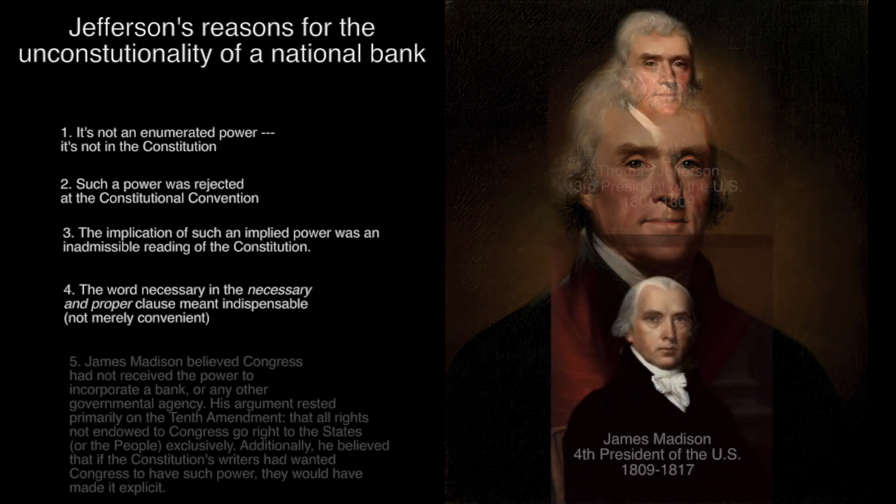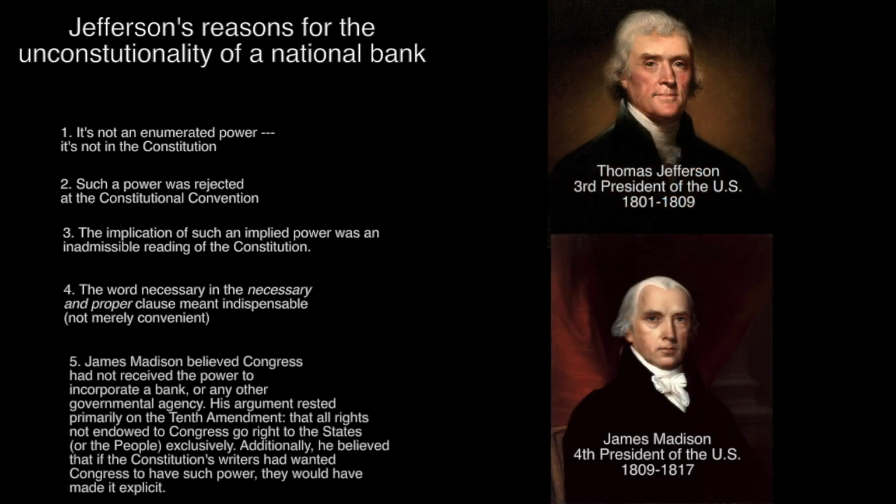Fifth, another argument came from James Madison, who believed Congress had not received the power to incorporate a bank or any other governmental agency. His argument rested primarily on the 10th Amendment, that all rights not endowed to Congress go right to the states or the people exclusively. Additionally, his belief was that if the Constitution's writers had wanted Congress to have such a power, they would have